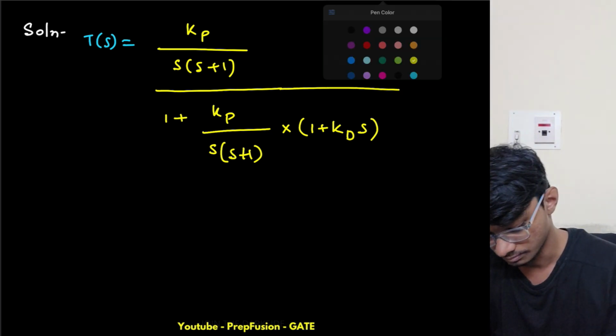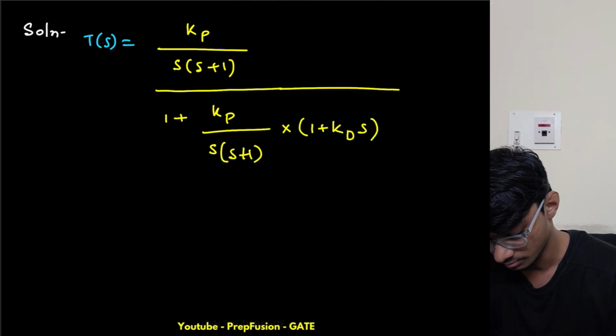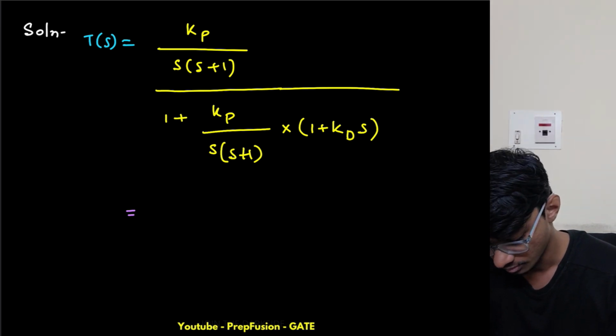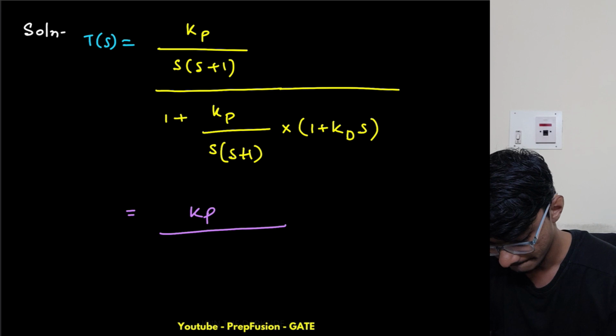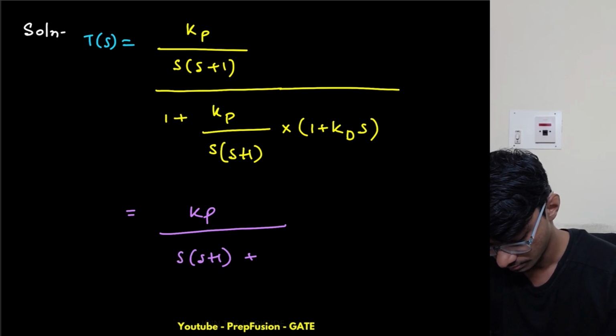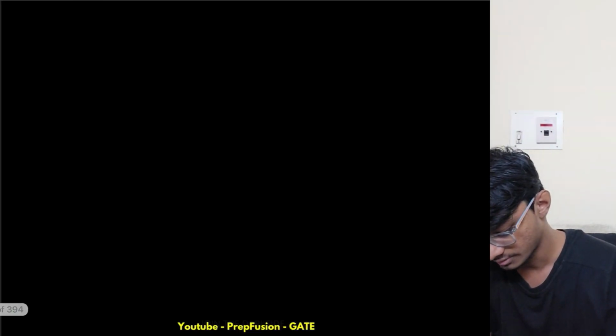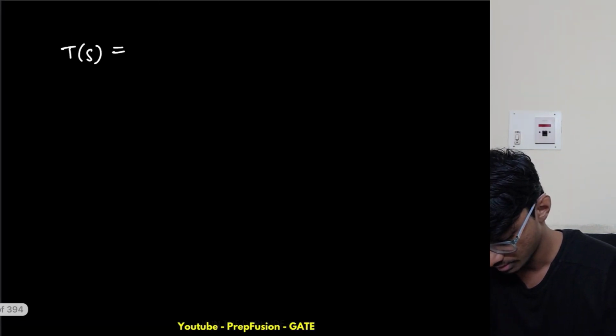Now let's tidy this up and simplify it. I will multiply by s into s plus 1 for numerator and denominator. So this will become Kp divided by s into s plus 1 plus Kp into 1 plus Kd into s. Now let me convert this into my standard form. My transfer function equals Kp over